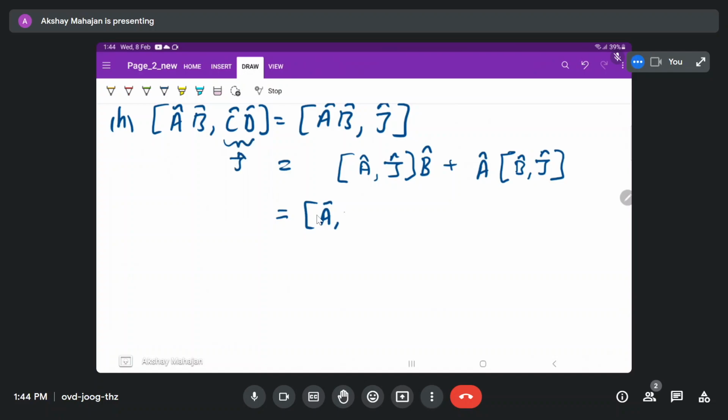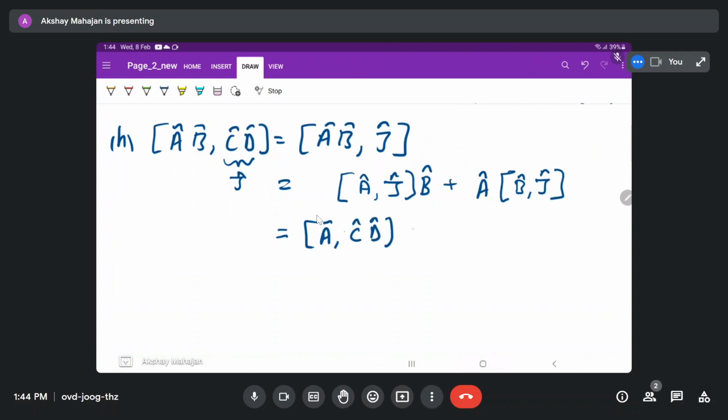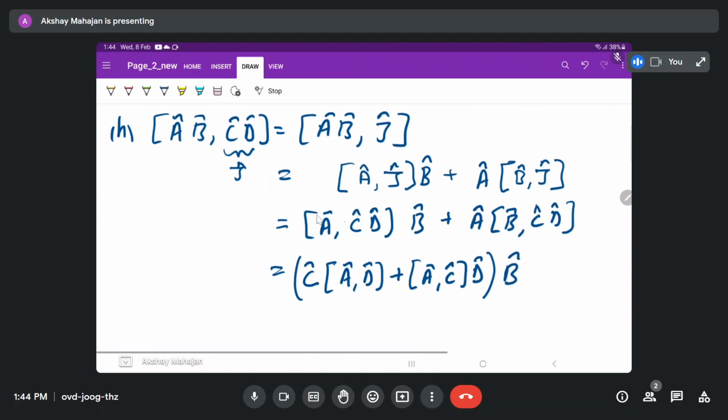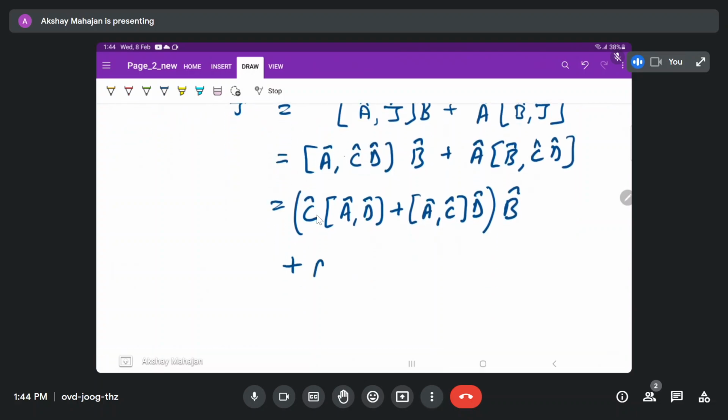So this is what we have taken as J. CD, I can write CD times B plus A times CD operators, and here also we can write how this will open. This will also open the same way. C is on the left side and the remaining commutation of A and D, plus D is on the right side and commutation of A and C. So this is how this commutation will open, times the B operator,